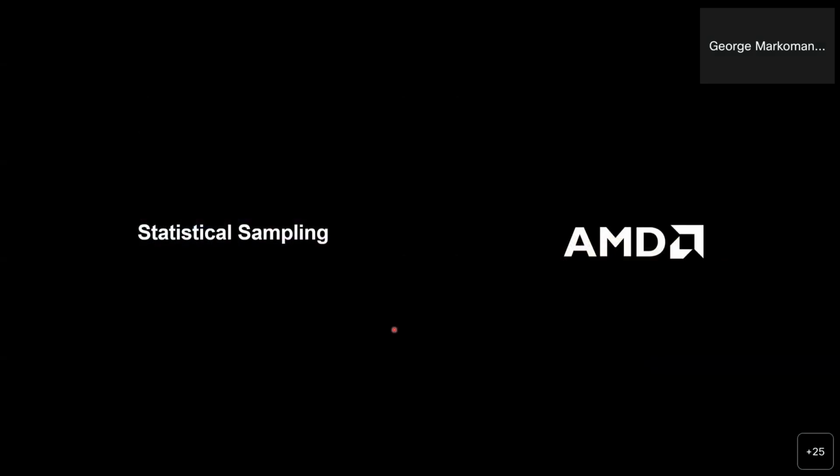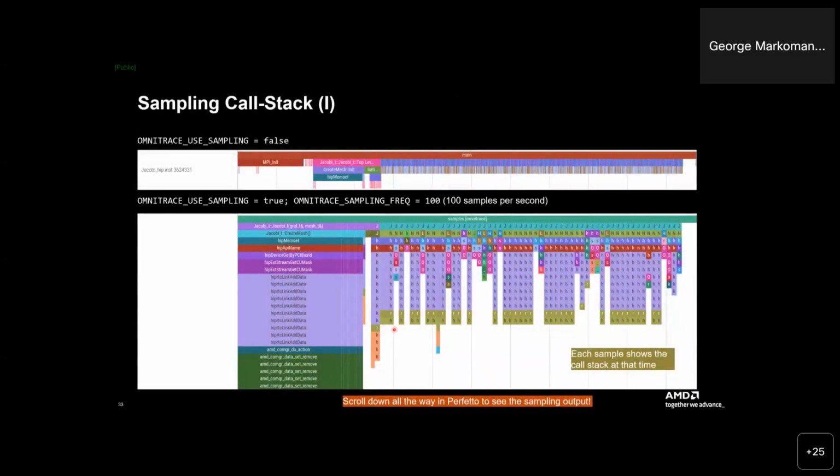Now, statistical sampling. When you use Omnitrace, you use sampling. In your configuration file, you have many environment variables. When you declare there to use sampling, and the sampling frequency is 100, which means 100 samples per